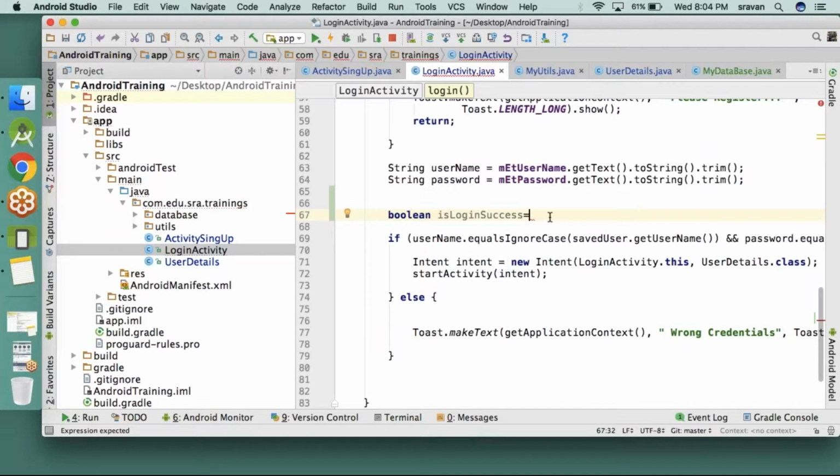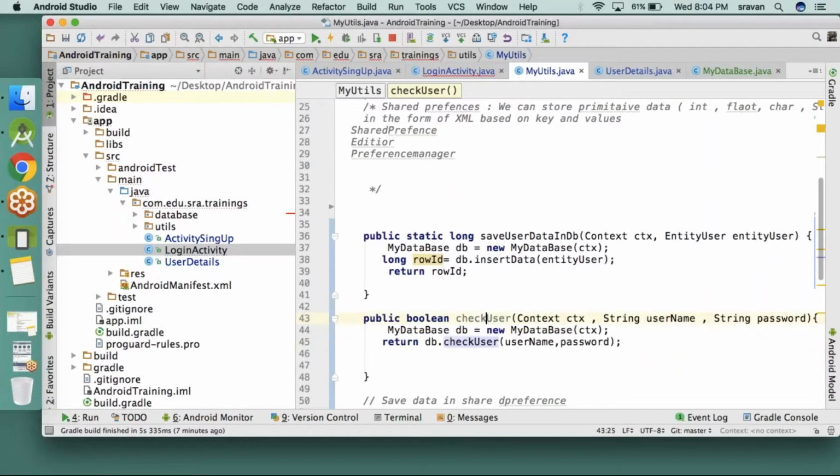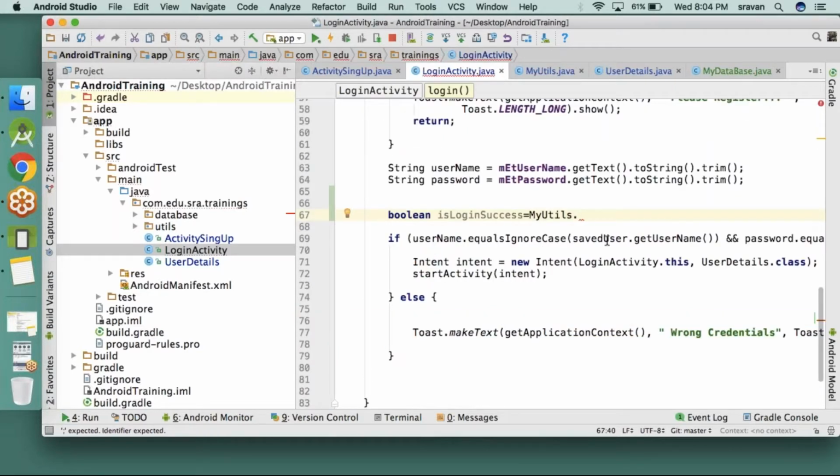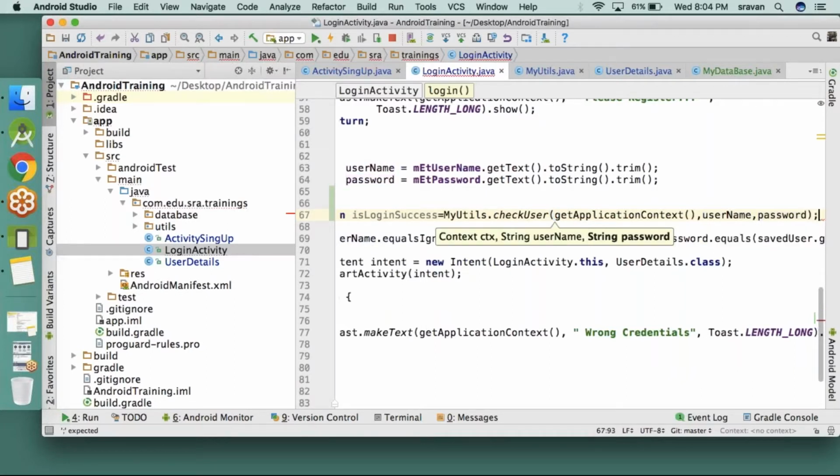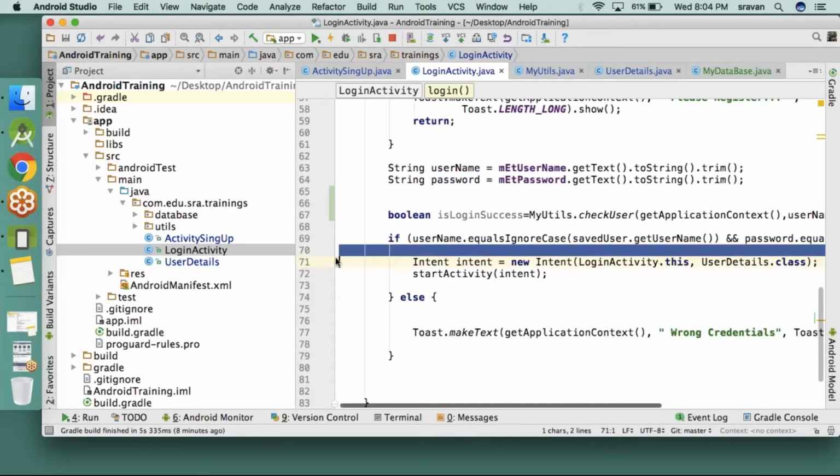Come to this login activity. So my utils dot check user, which I have written as a normal method. If I make it static, then I can access it with the help of the class name. My utils dot check user, get application context, username comma password.